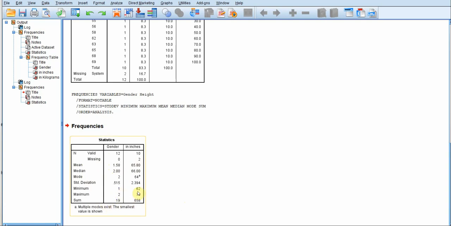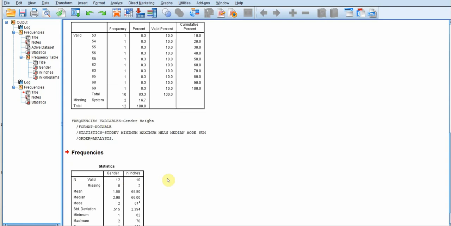So here, if you see in height, the maximum value that the respondents have is 70 inches and the minimum is 62 inches. When we add all the heights that we have of the 12 respondents, it comes to around 658. The mode for the height is 64, which means that is the value which is occurring the maximum number of times.